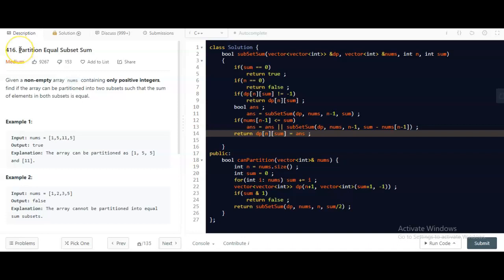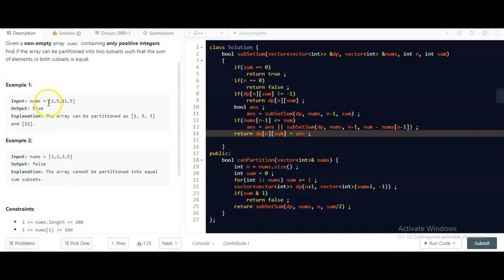So we are doing the partition equal subset sum problem. This is a medium level LeetCode question. In this question, we are given an integer array, and we have to return true if we can partition this array into two